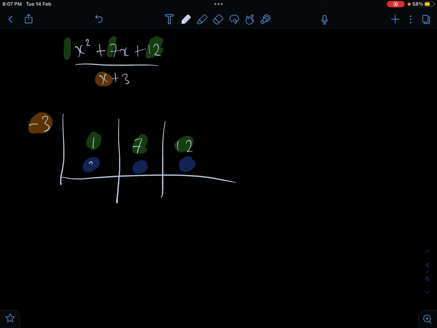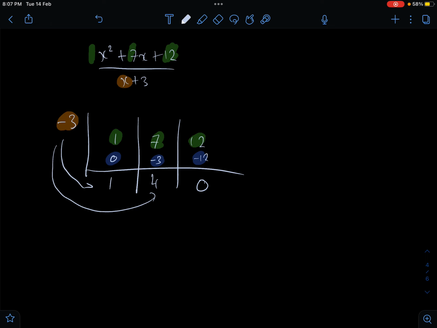And now you're going to add in columns. So 1 plus 0 is 1, and you multiply with this side term, and so it's negative 3 times 1, which is negative 3, and then you put that in the next column over. Add these, 4, multiply here, negative 12, and that's 0. This is no remainder. And this is our x column. This is our x to the 1 column. This is our x to the 0 column. And this is our